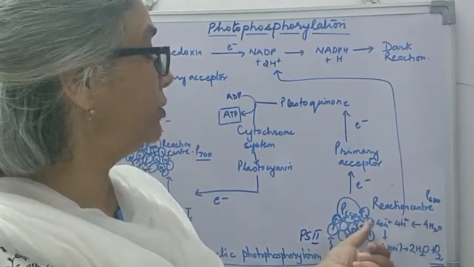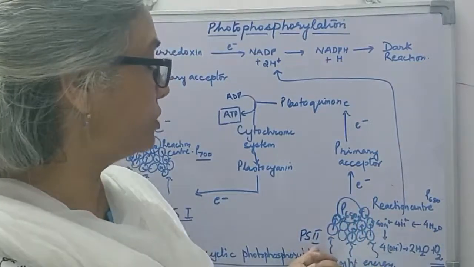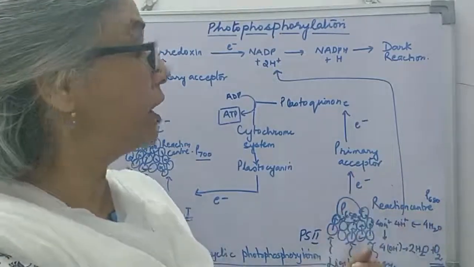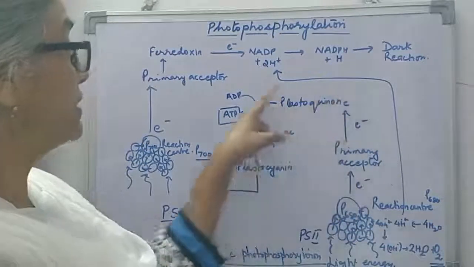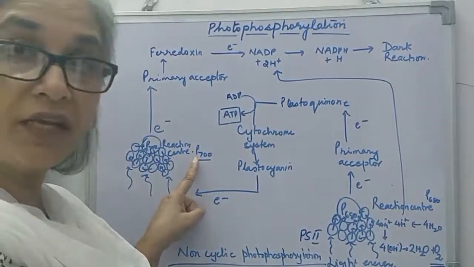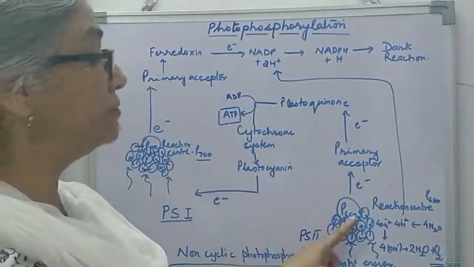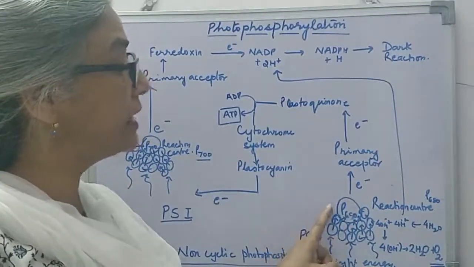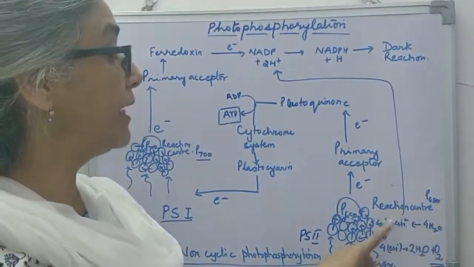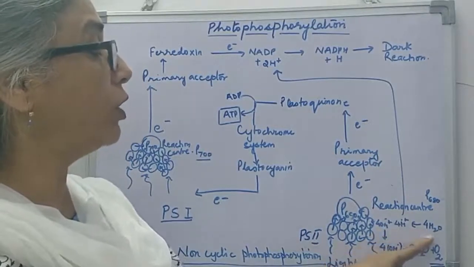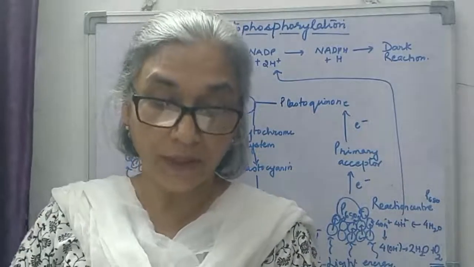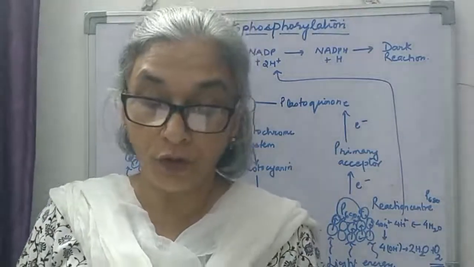So these water molecules are providing electrons to photosystem 2, for the reaction center of photosystem 2 to come to its ground state, because it is giving its electron to photosystem 1 so that reaction center P700 can come to its ground state. Now this becomes excited. So this excited P680 chlorophyll A molecule gets electrons by the splitting of water. This is called photolysis of water. So this was about non-cyclic photophosphorylation.